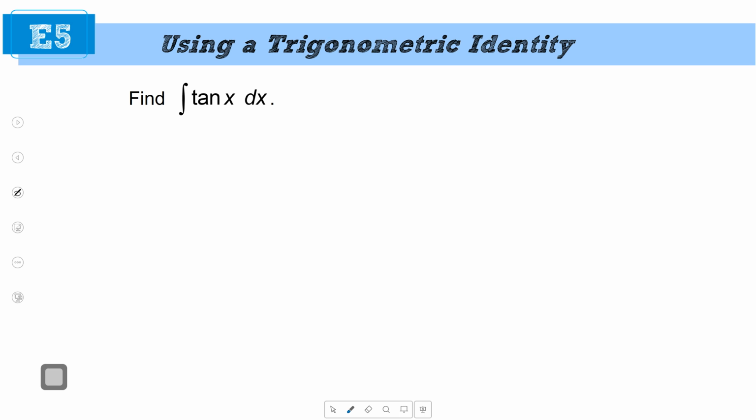Do you do sine over cosine? Well, we can try it. What's the worst that could happen? That's the same thing as the integral of sine of x over cosine of x. Whoops, what am I doing? Cosine of x. And then